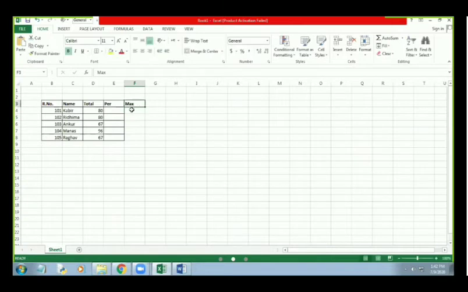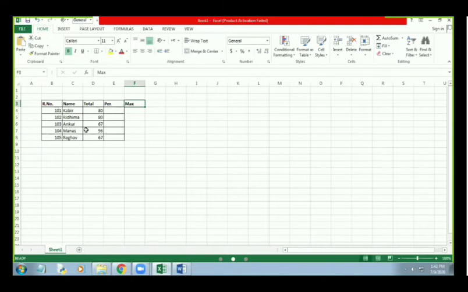Then we can find the maximum marks. Then what to do? In this case we will need to insert an extra column in the sheet. In the same way, we will need to insert an extra row in the sheet.